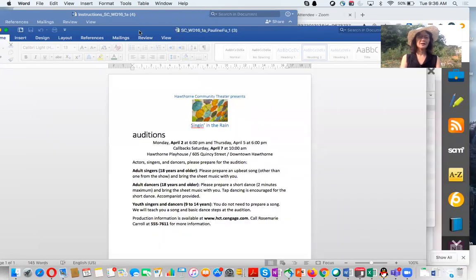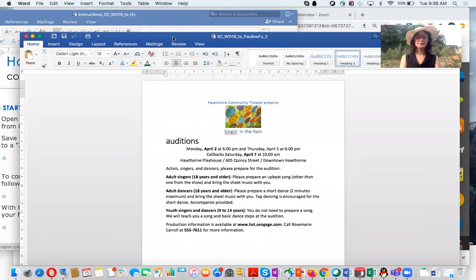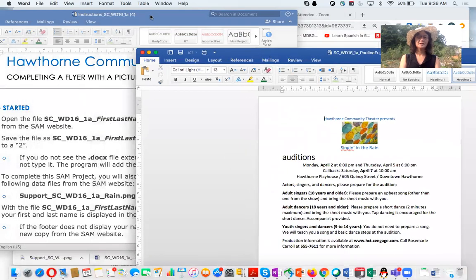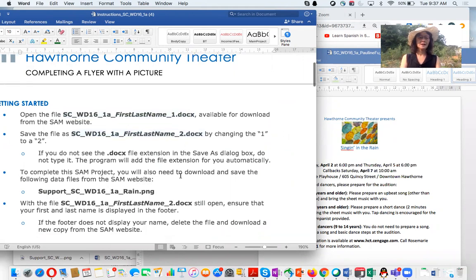Okay, so you have this file. What are you going to do with this file? You follow this instruction. You already did this step. You opened this file and saved this file with a new name. And now